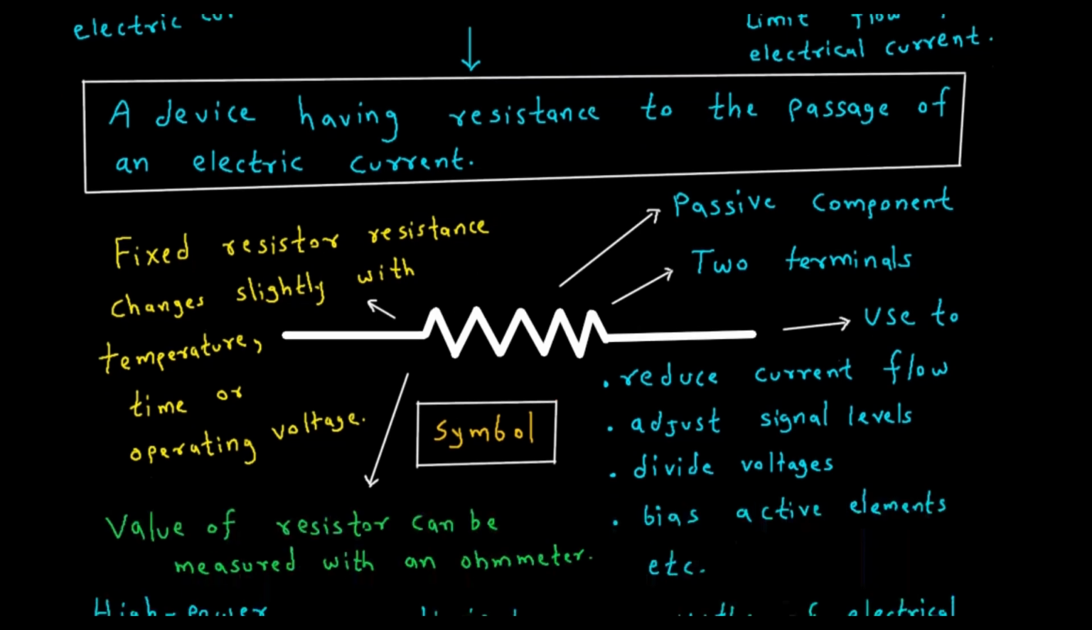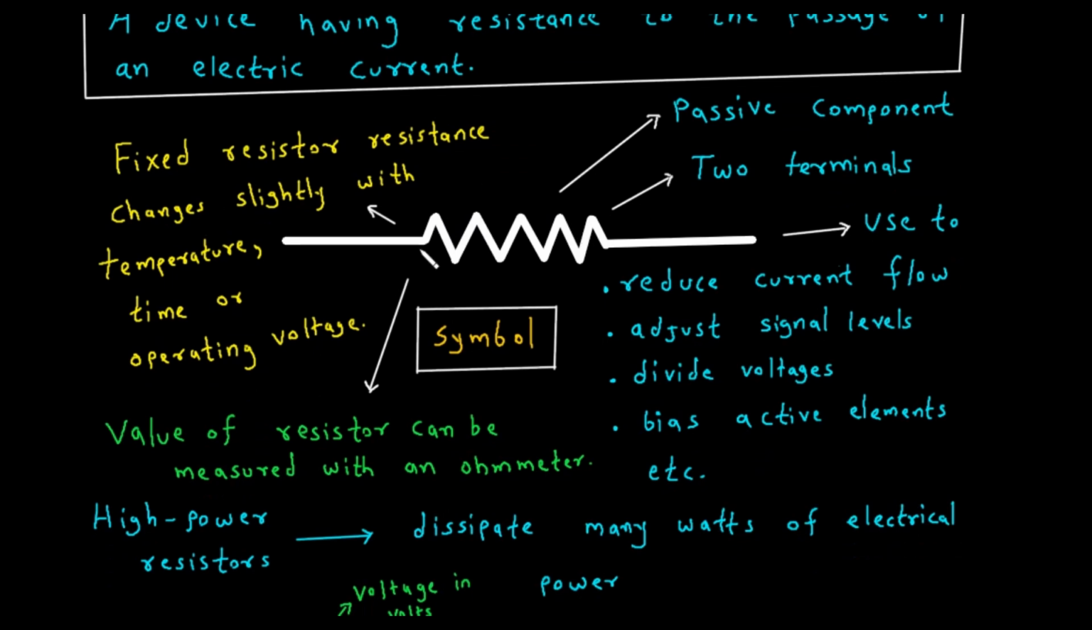Now again here we can see the symbol for resistor. This zigzag line is called a resistor. Now here we can see it is a passive component. It has two terminals and it is a passive component. Now here we can see fixed resistor: resistance changes slightly with temperature, time or operating voltage. Even though this is a fixed resistor, its resistance slightly changes with respect to temperature, time or operating